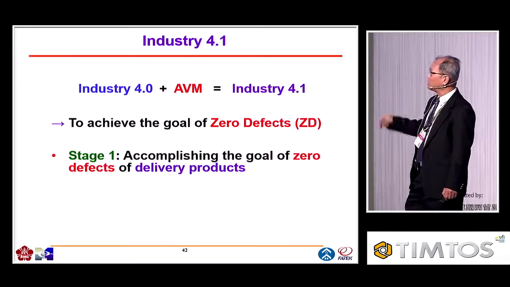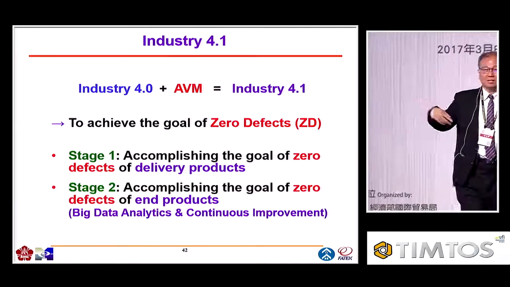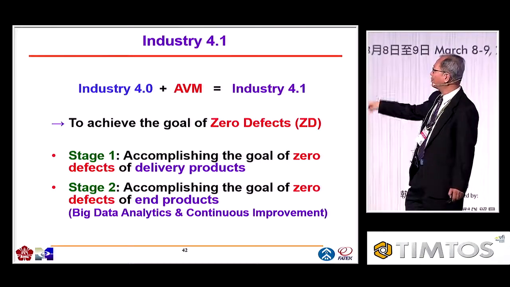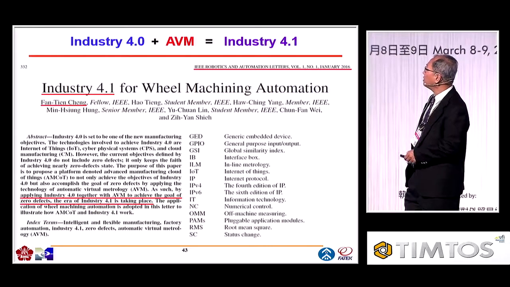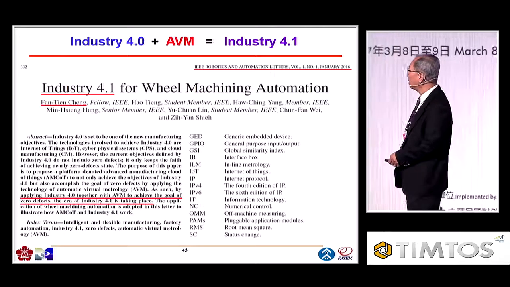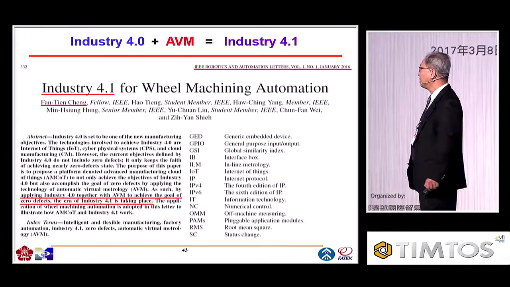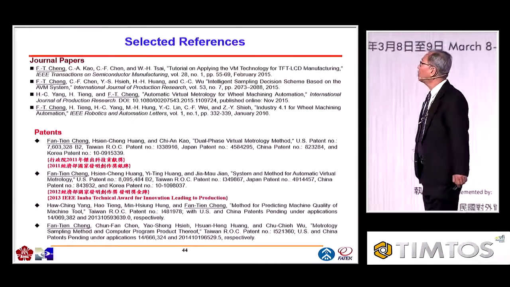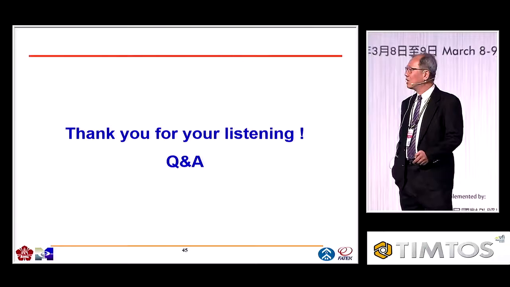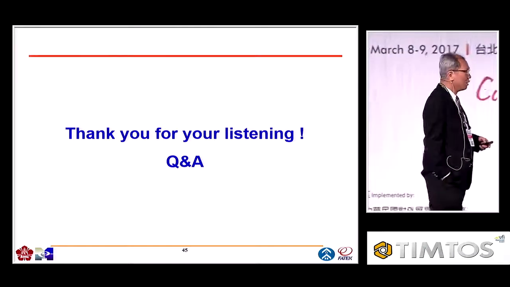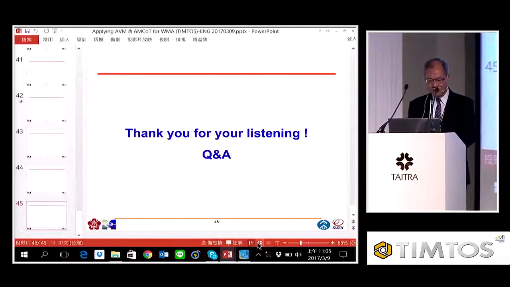So you see, this is stage 1. We can have stage 1 and stage 2 there, but they said time is up. So I'm sorry, I don't have that much time to explain this in detail. But anyhow, this Industry 4.1 is in the paper of IEEE. So applying Industry 4.0 together with AVM to achieve the goal of zero defects, the era of Industry 4.1 is taking place. So these are the selected papers and patents. Thank you. And because I don't have that much time left, if you can allow me about 3 to 5 minutes, then I can show you that,